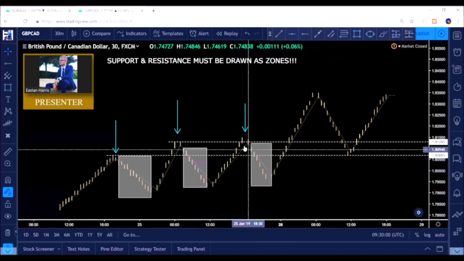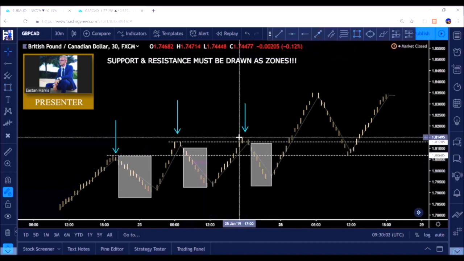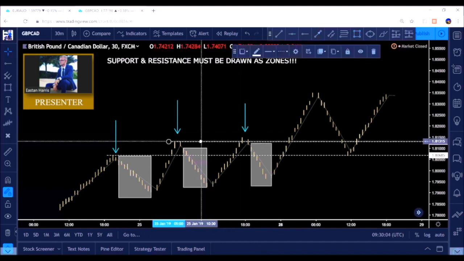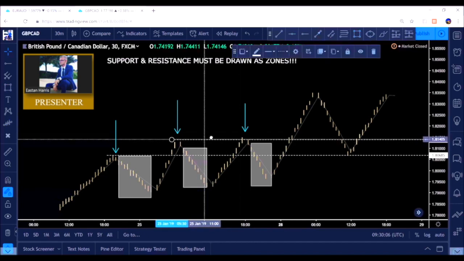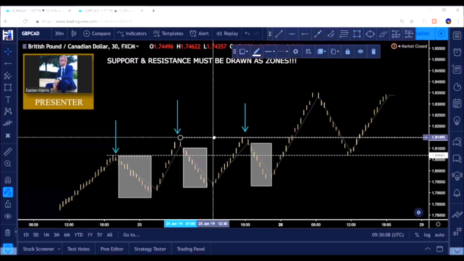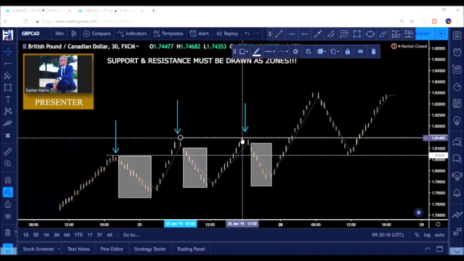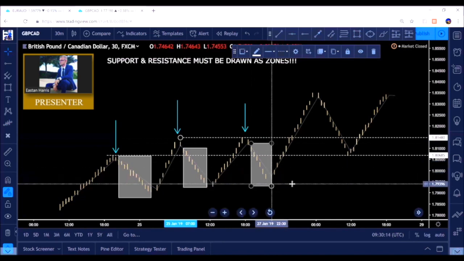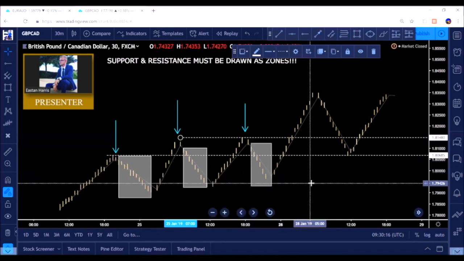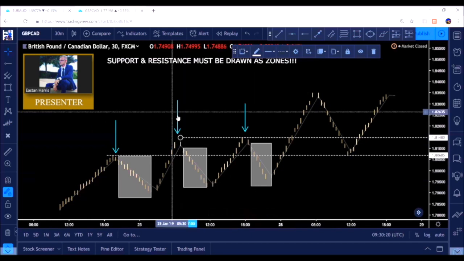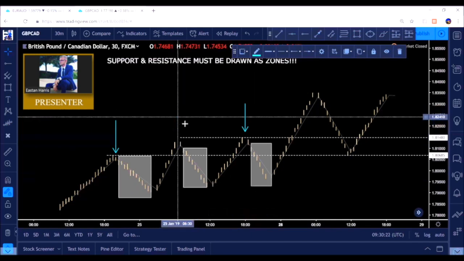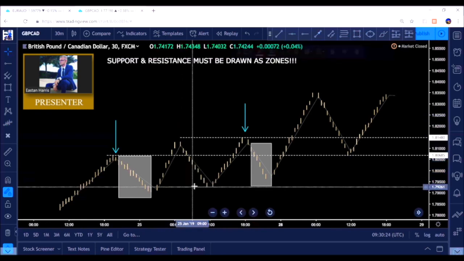Now this move originated from a place that was just a bit higher than what we had from the peak to the left. So we're going to move our boundary line up right to the edge of where this bearish move began. And this is how we get our parameters for these zones. Okay, so if I get rid of this, if we pay no attention to this one right now,